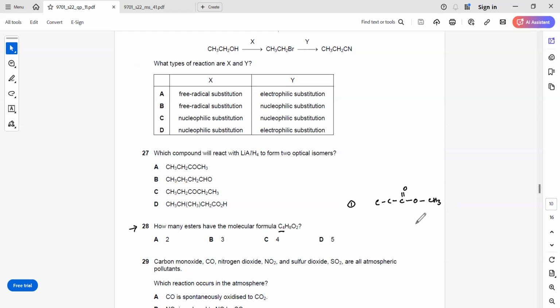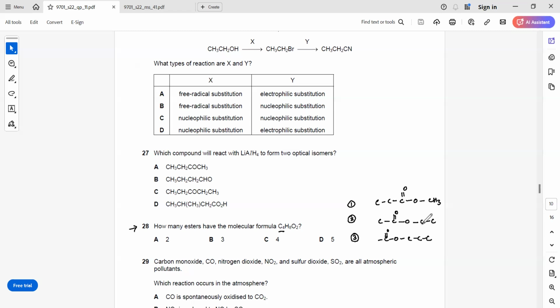So that one ester is possible, which is methyl propanoate. And another possible ester could be this one, the two carbons coming from an acid and two carbons from an alkyl group, ethyl ethanoate. And another possibility is this, one carbon coming from an acid and three carbons from an